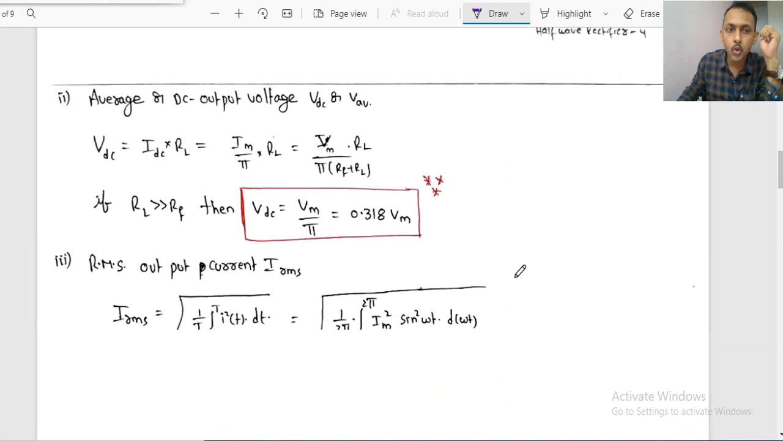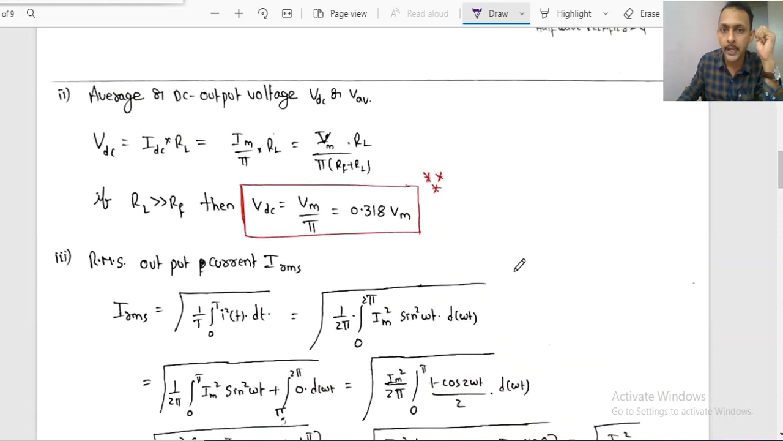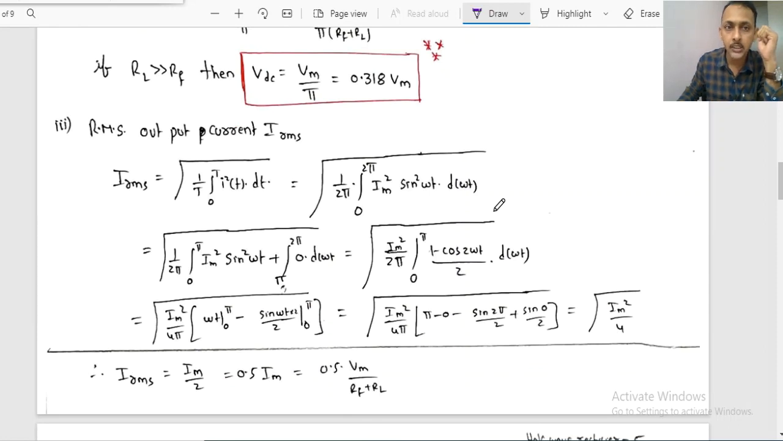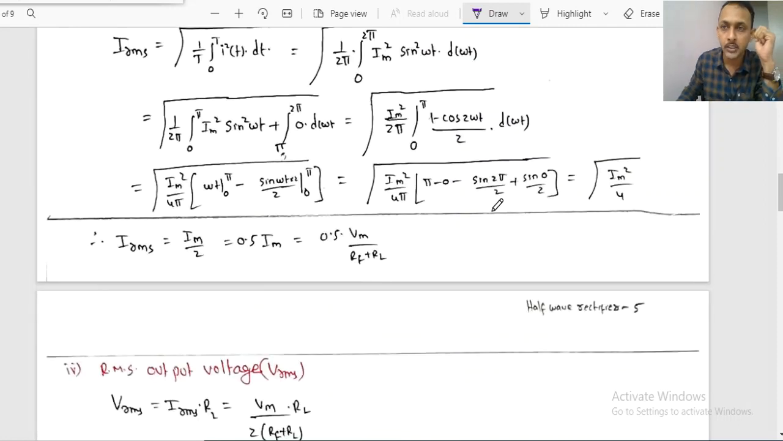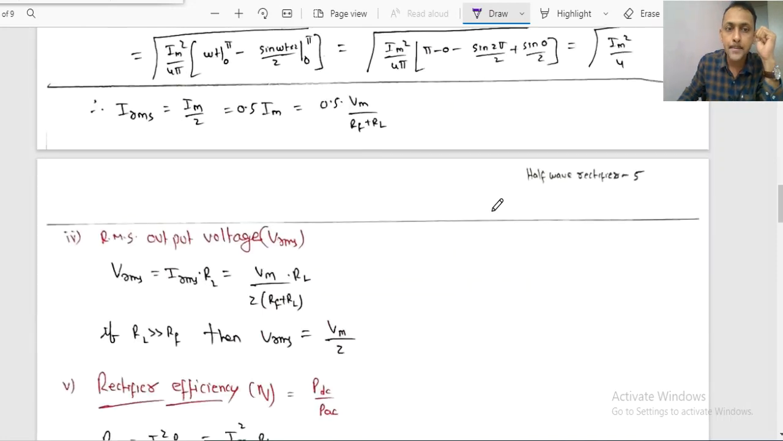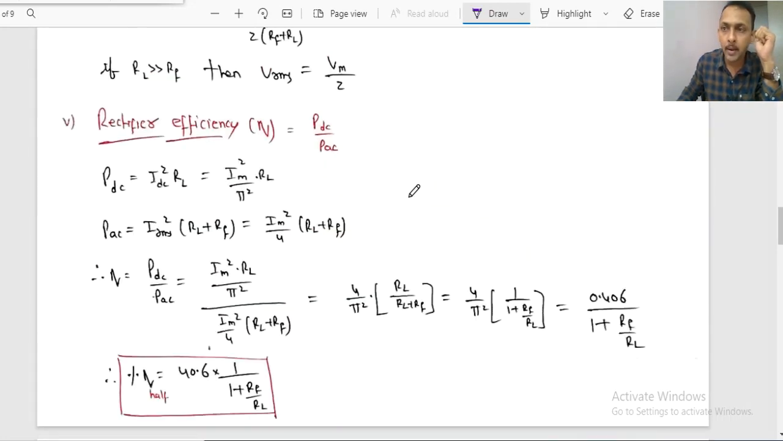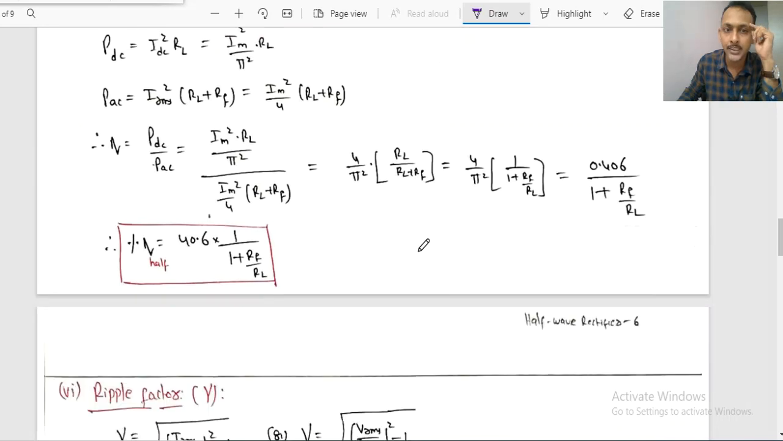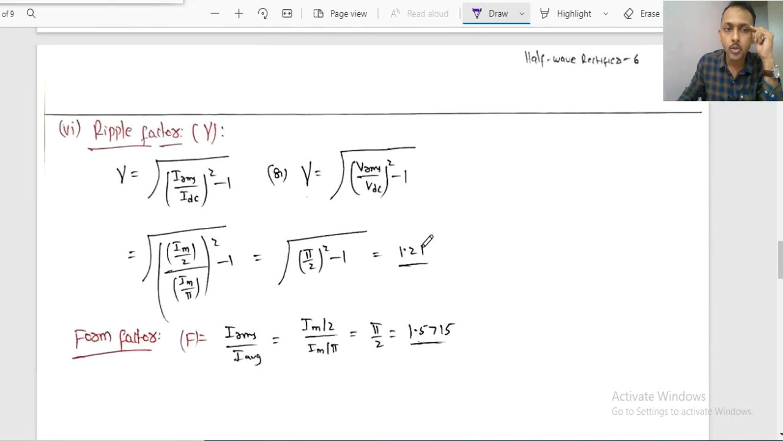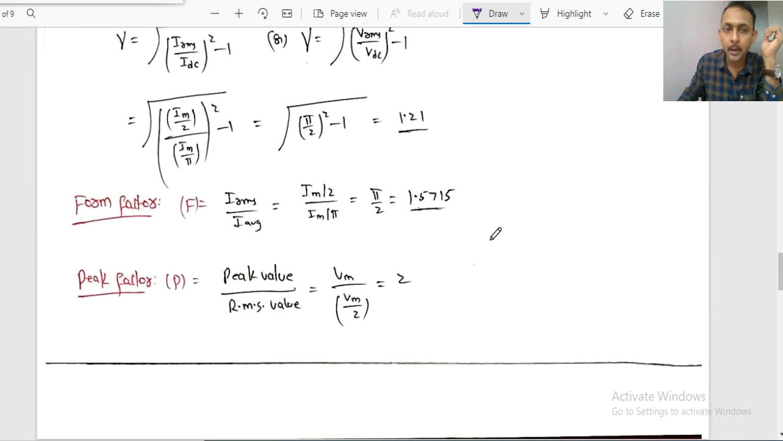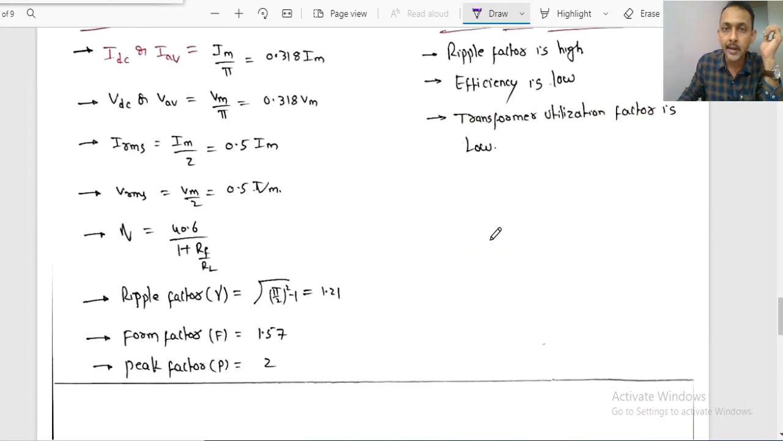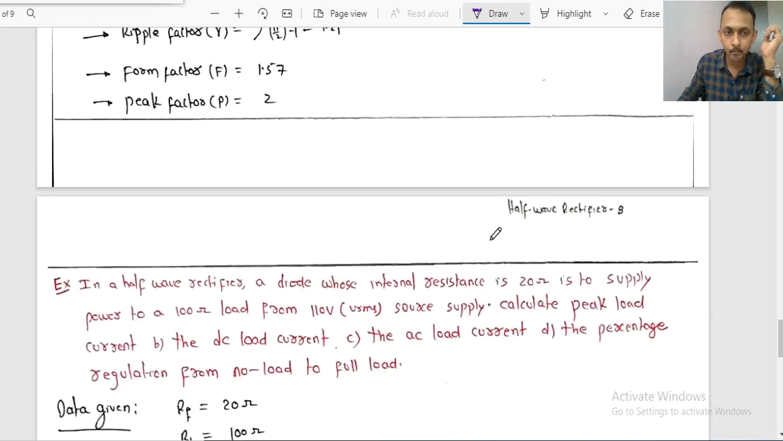RL, and also the VDC output voltage, 0.318 Vm, and also its RMS output current IRMS, which is nothing but 0.5 Im, the RMS output voltage VRMS, Vm by 2, nothing but 0.5 Vm, and also the efficiency of the rectifier, PDC by PAC, which is around 40.6%, right? And also the ripple factor, form factor, peak factor, and finally its summary,